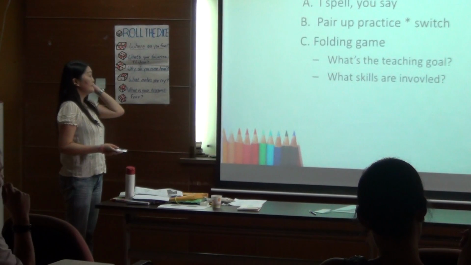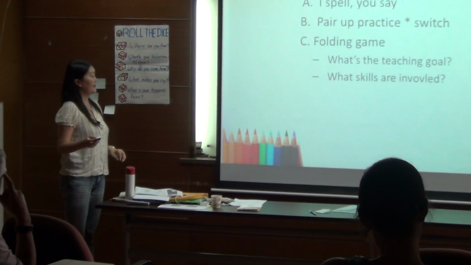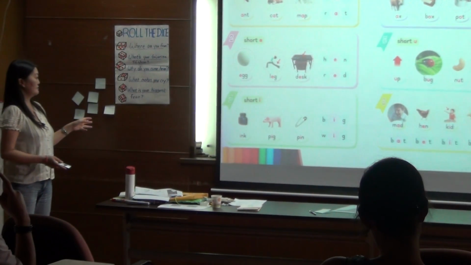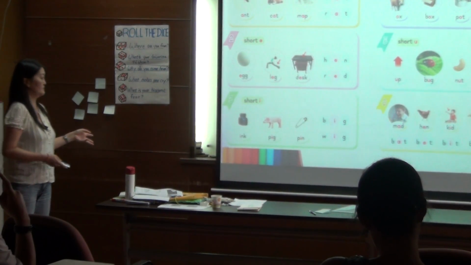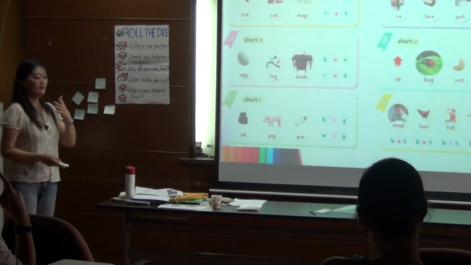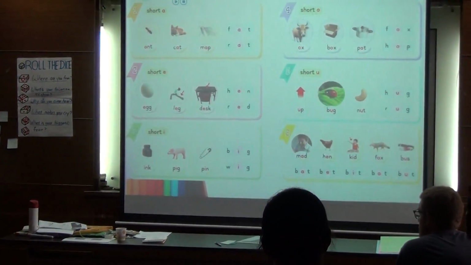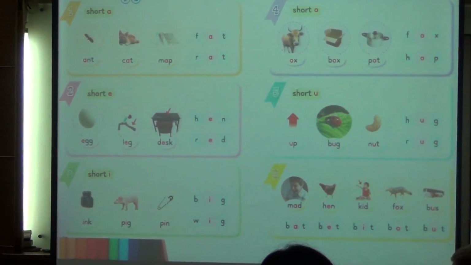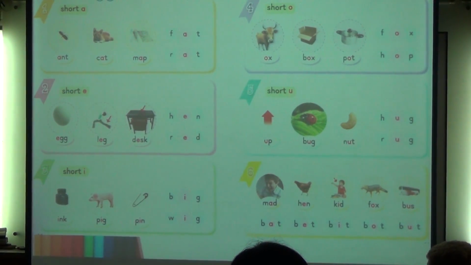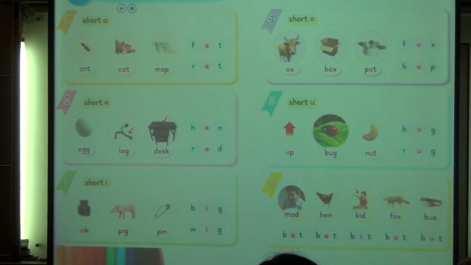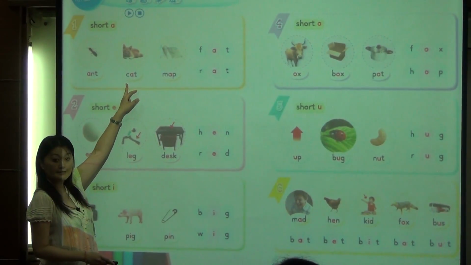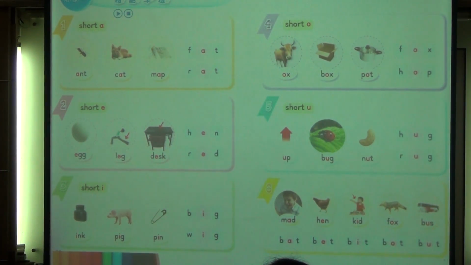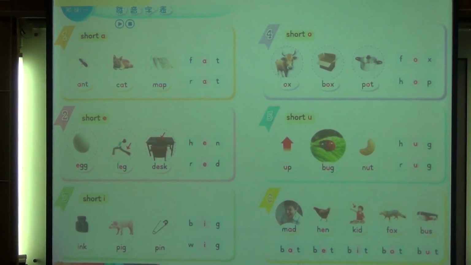Okay, and then activity B, pair up. Now this is on one of the pages in my textbook. So I will have children work as a pair, and the person who's number 1 is going to start with the first word. And the person who's number 2 is going to say the second word. They take turns to read the word list. For example,